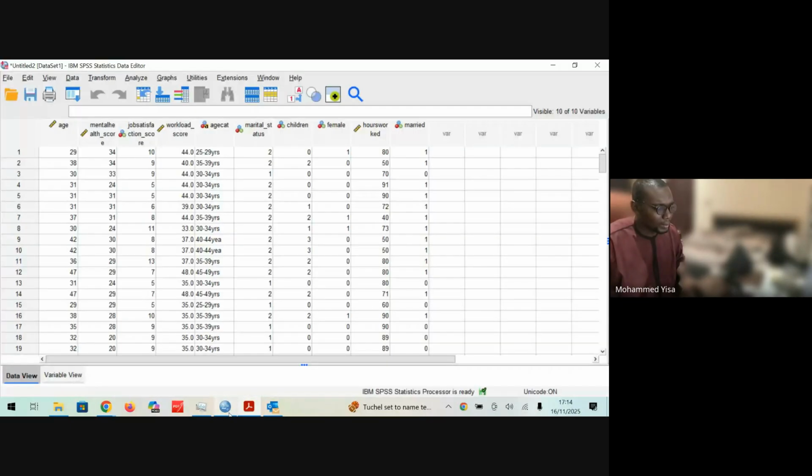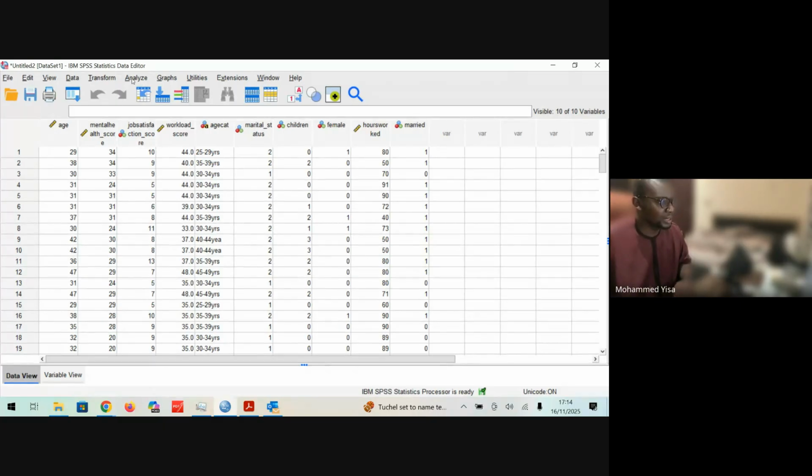This is the resident doctors data set, which I imported a few minutes ago. And because we have only one sample, the sample of resident doctors, we have only one set of values for age, and we are comparing it to a test value. We are doing